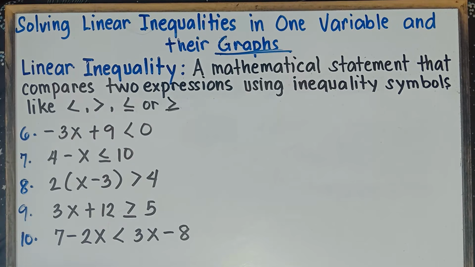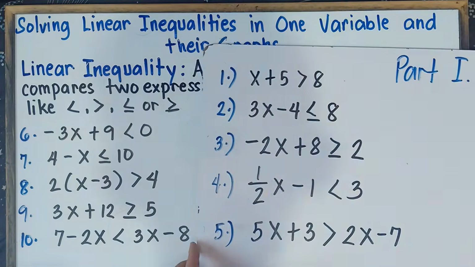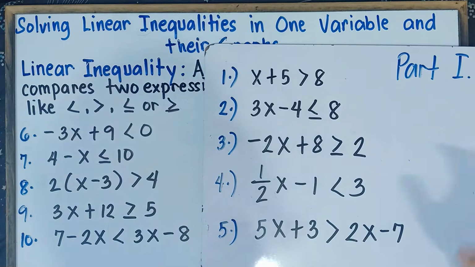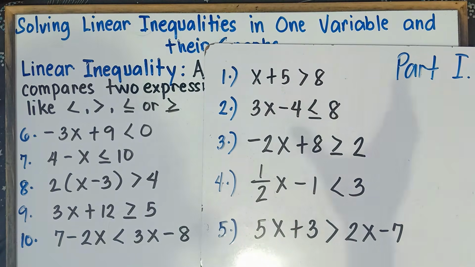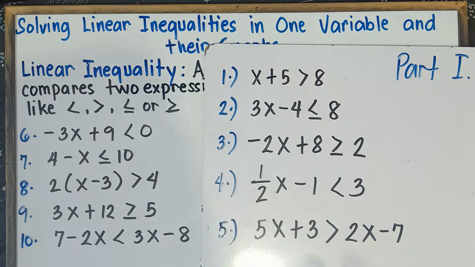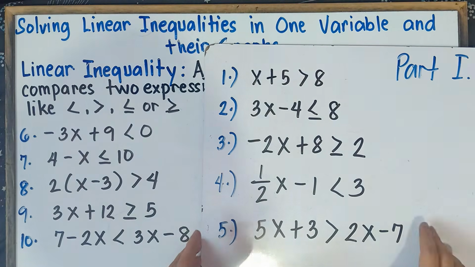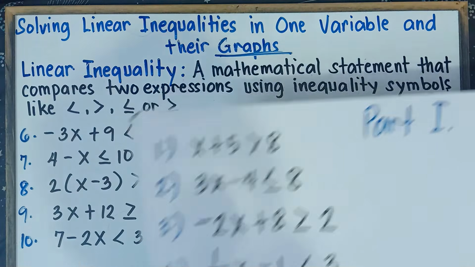This is part 2 of our video class. In part 1, we actually answered numbers 1 to 5. If you want to learn more about the part 1 class, I will put the link in the description down below. In part 1, we explained why we use an open circle and why we use a closed circle with regards to our graph. Once again class, feel free to see the video class for example number 1 in part 1.